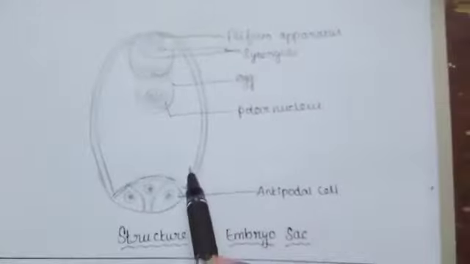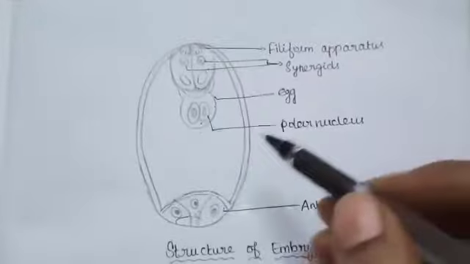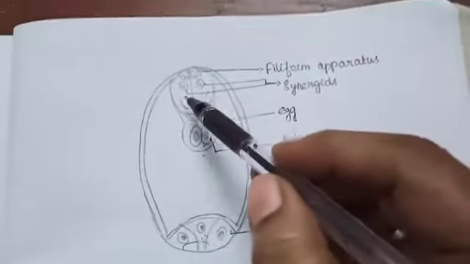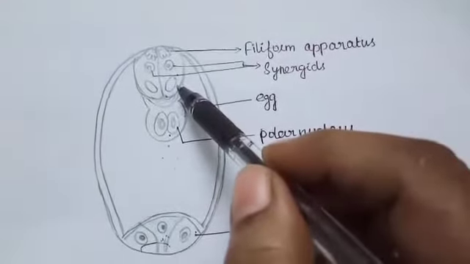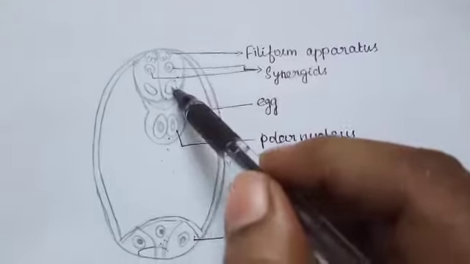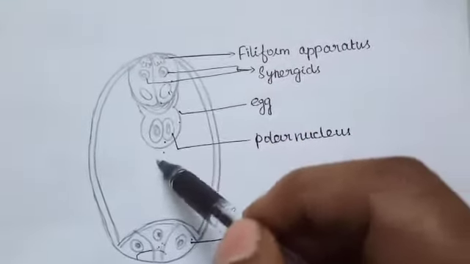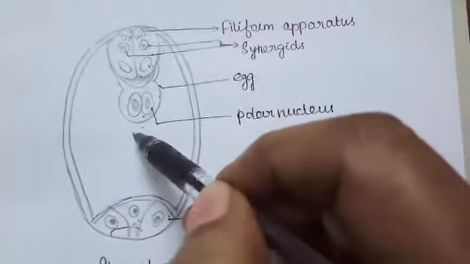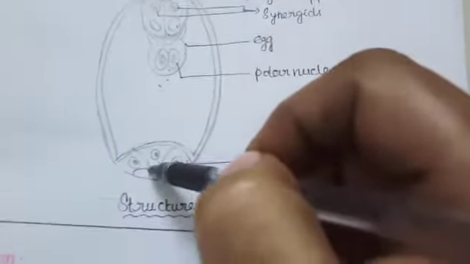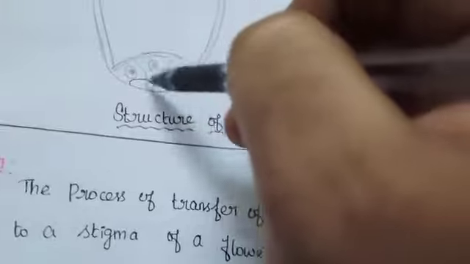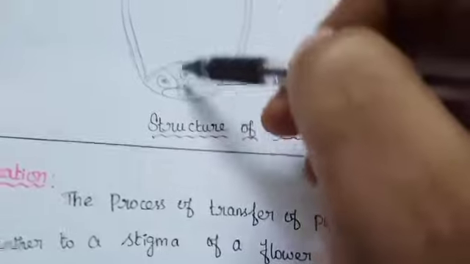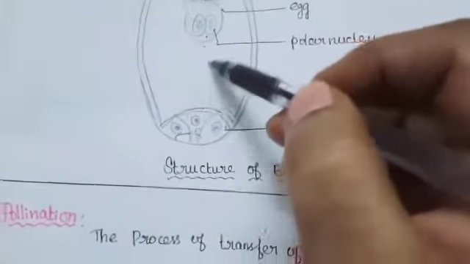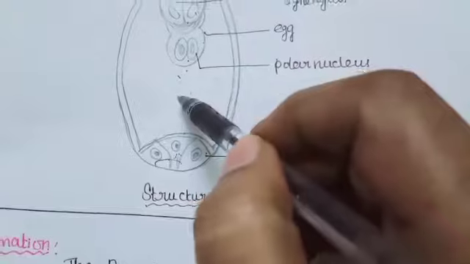Next, structure of the embryo sac. In the structure of the embryo sac, there are 4 nuclei present at both poles. Here at the micropylar end, 3 are organized into the egg apparatus, the fourth one is left free in the cytoplasm. This acts as the upper polar nucleus. At the chalazal end, the antipodal cells are present. These are the 3 antipodal cells, whereas the fourth one functions as the lower polar nucleus. These two polar nuclei form the secondary nucleus, also called polar nuclei.